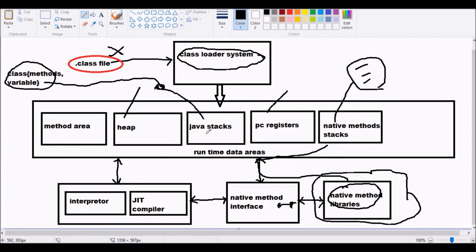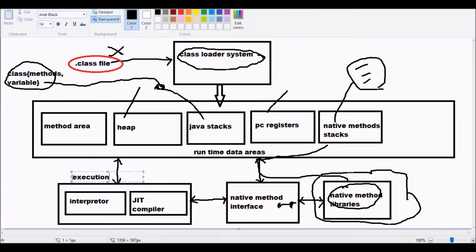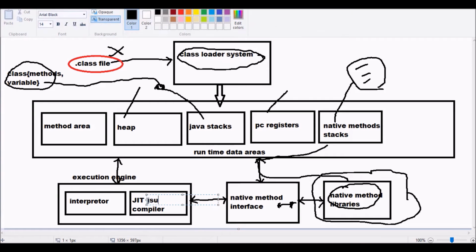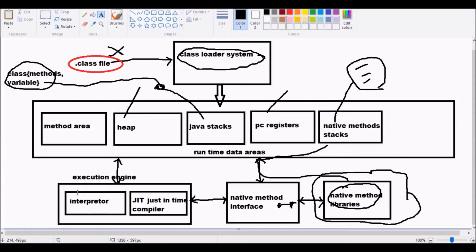And here this is the execution engine. This whole thing is called the execution engine. In this there are two things: one is the interpreter and the other is the JIT compiler. JIT is nothing but just-in-time compiler. So these are the two compilers we can say.